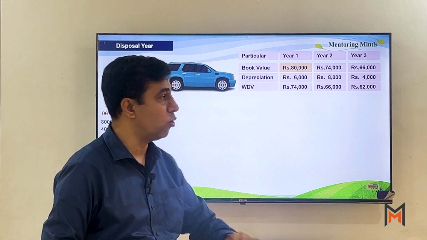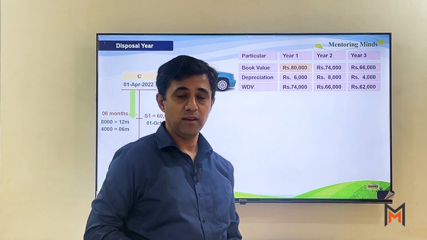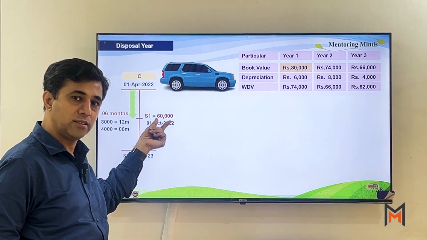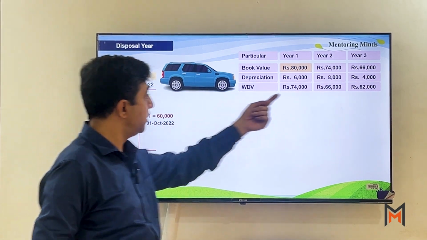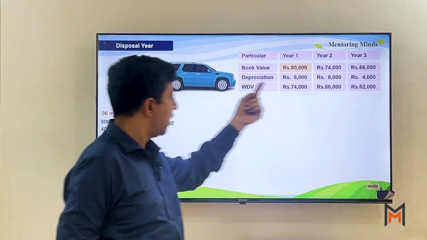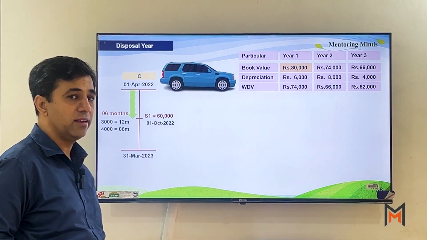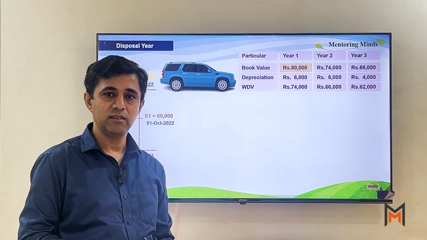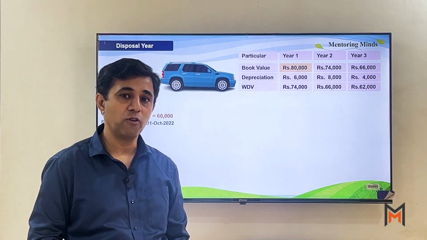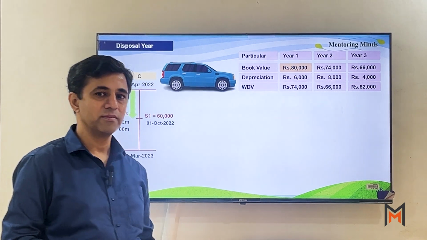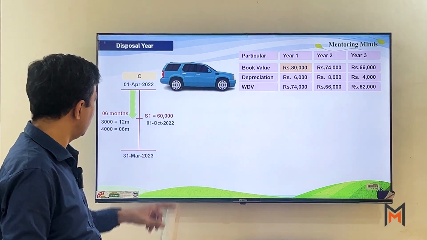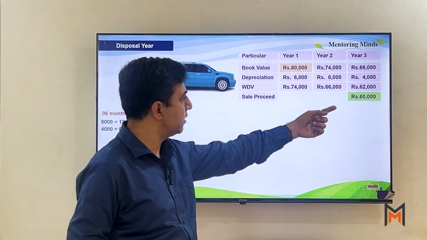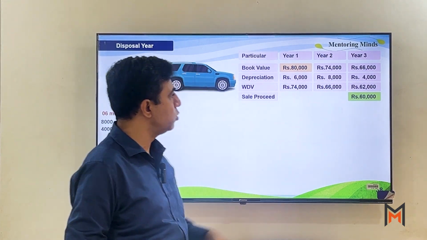So actual value of the asset is 62,000 now. But this 62,000 asset, for how much did you sell it? Sir, for 60,000. We are selling a 62,000 asset for 60,000. Are we selling for more or less? Sir, we are selling for less. Is it a profit or loss? Sir, it's a loss of 2,000. So we find we have sold the asset for 60,000 and there is a difference of 2,000 rupees which is